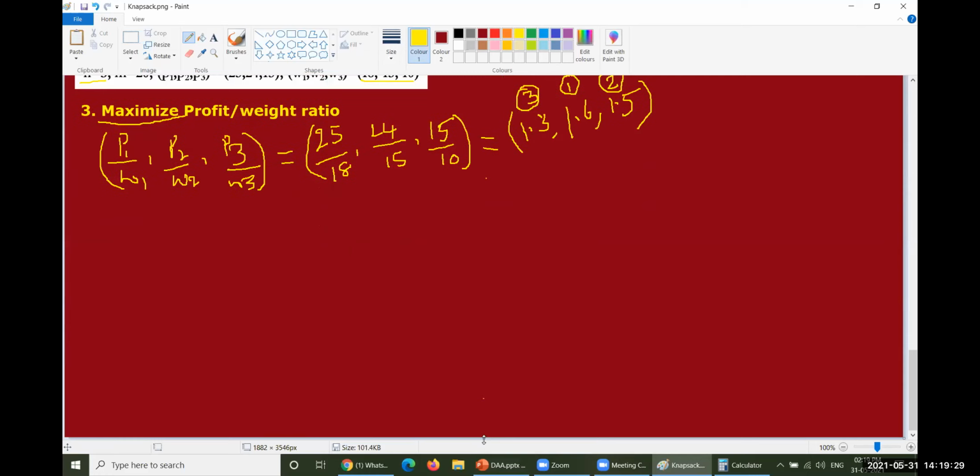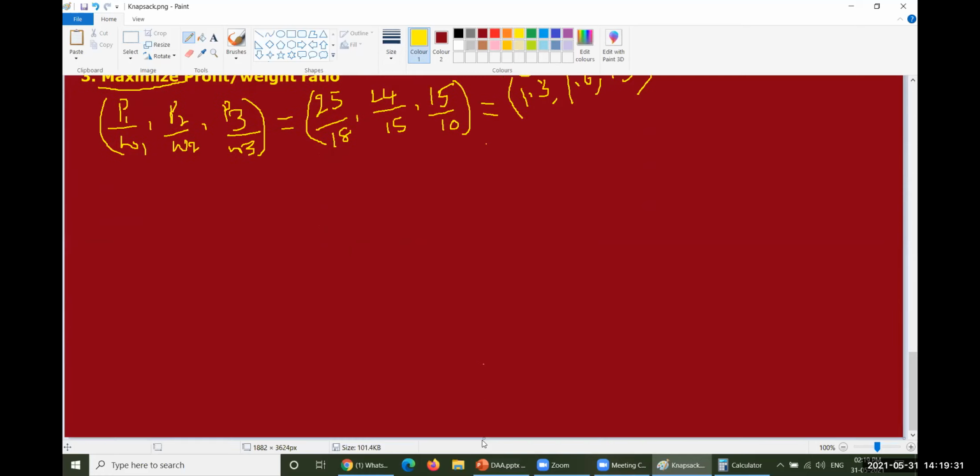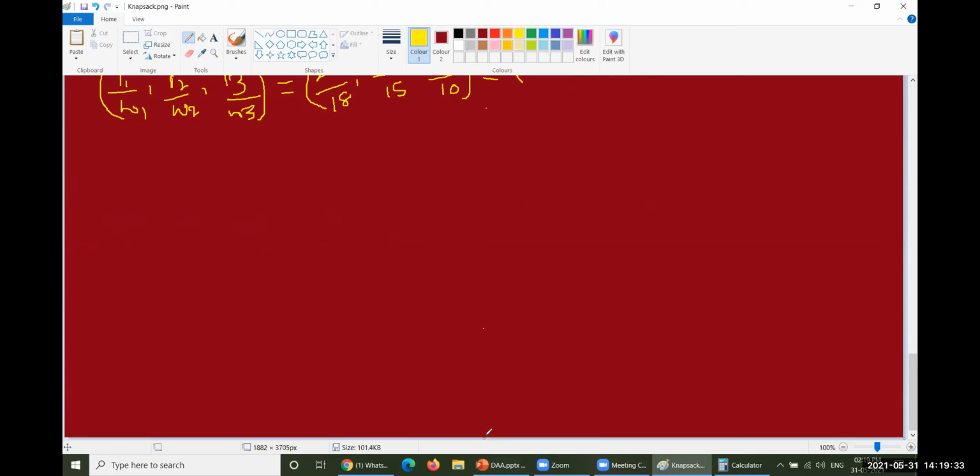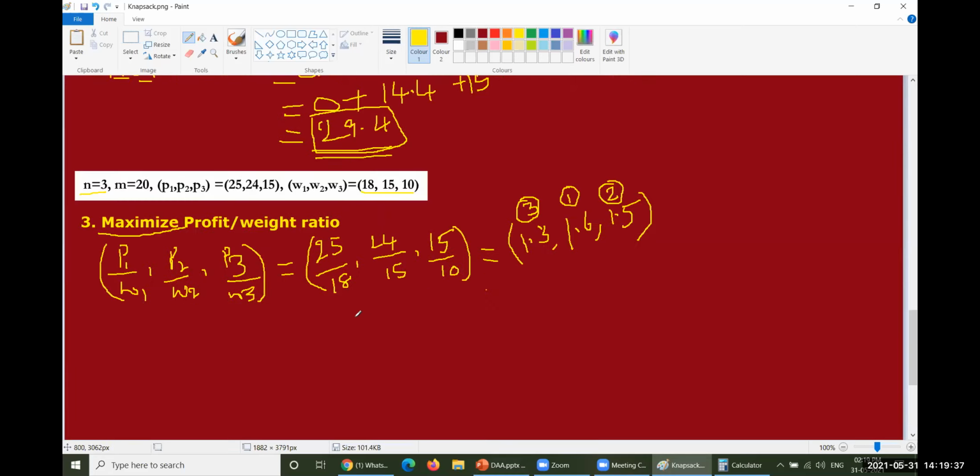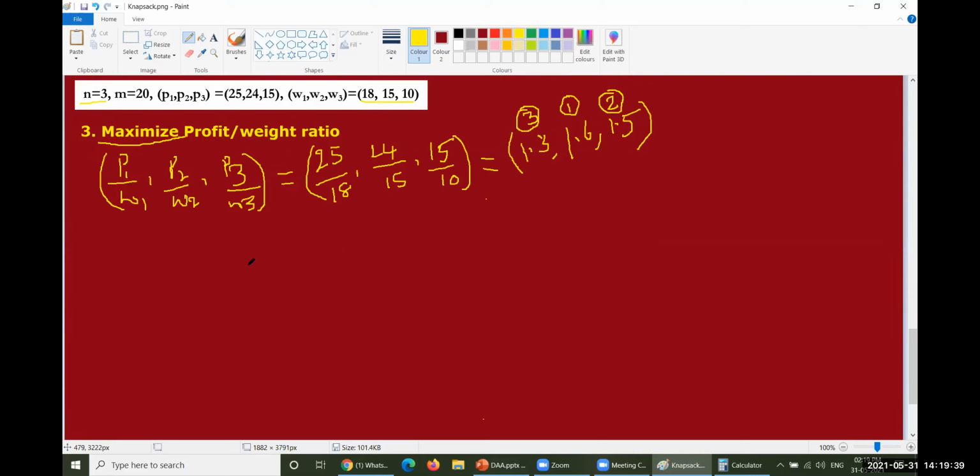The length is not supposed to fit with us, so let me increase the length one more time. I thought that this could be satisfied. Okay, so as far as this particular thing, you have to sort the given instance with the profit weight